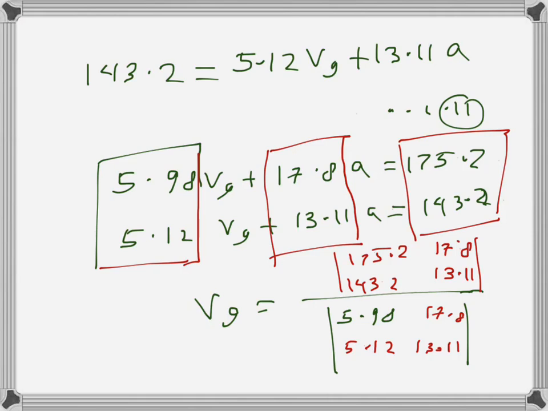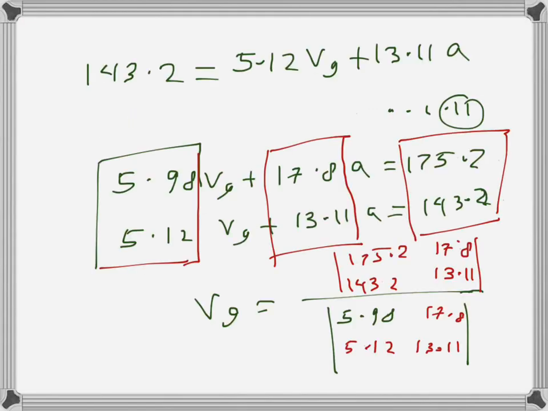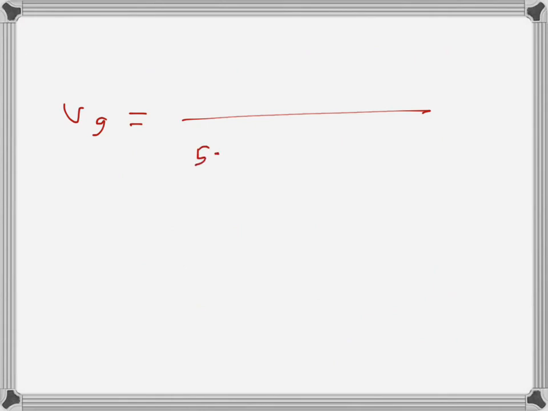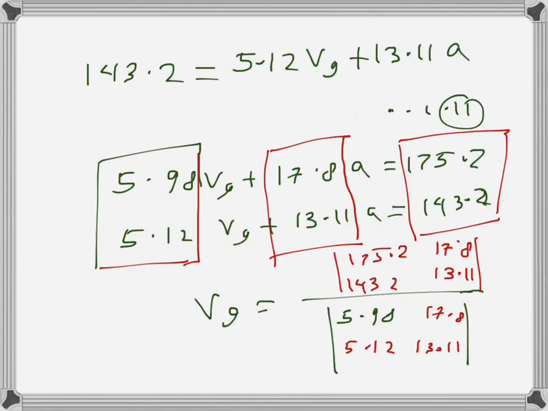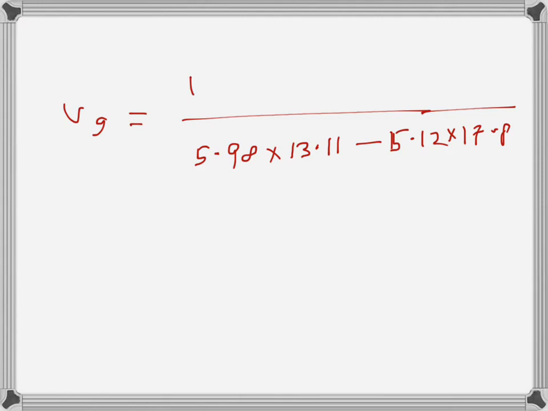Now we need to do the multiplication: 5.98 into 13.11 minus 5.12 into 17.8, and here we have 175.2 into 13.11